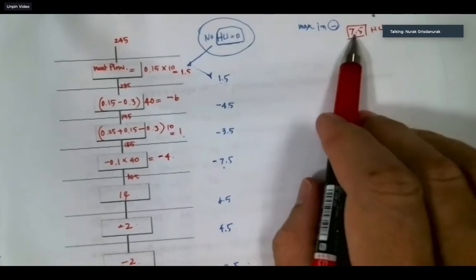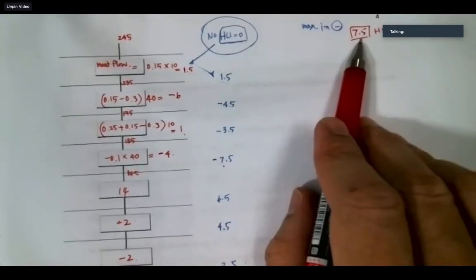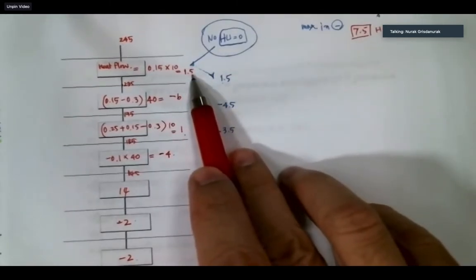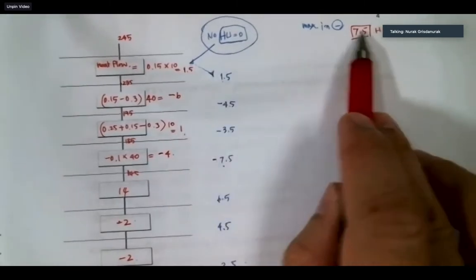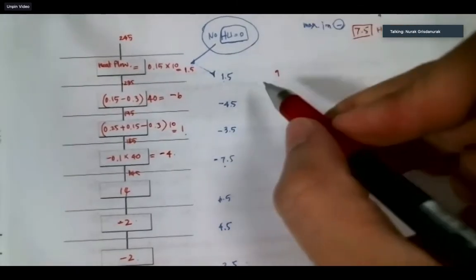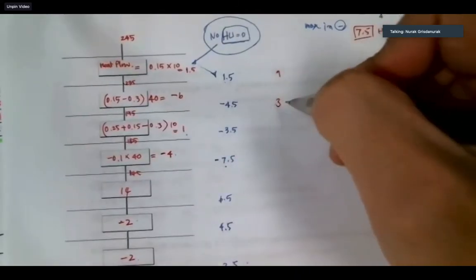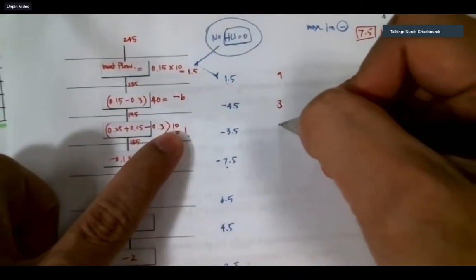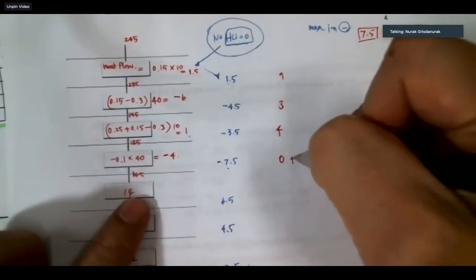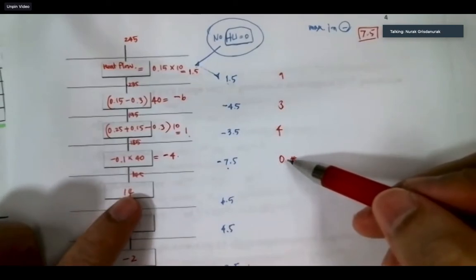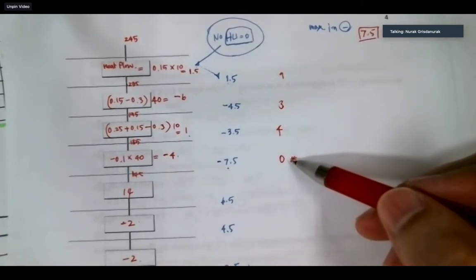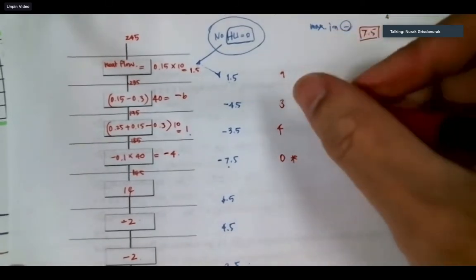Then I do the same thing, instead of using 0. What I get is 7.5 plus 1.5, so I get 9, right? What else? 3. What else? 4. What else? 0. นี่สำคัญมากนะ To some point you need to get 0, we call this point is